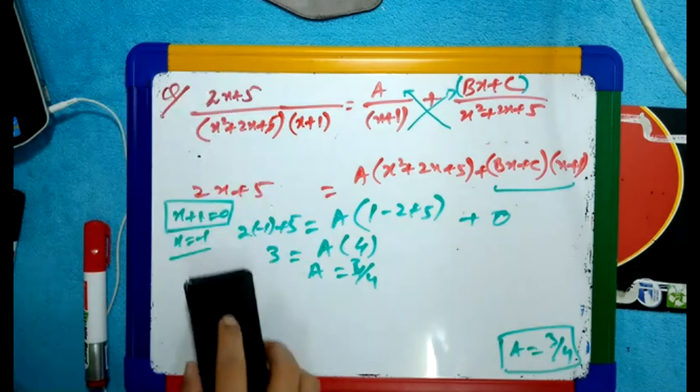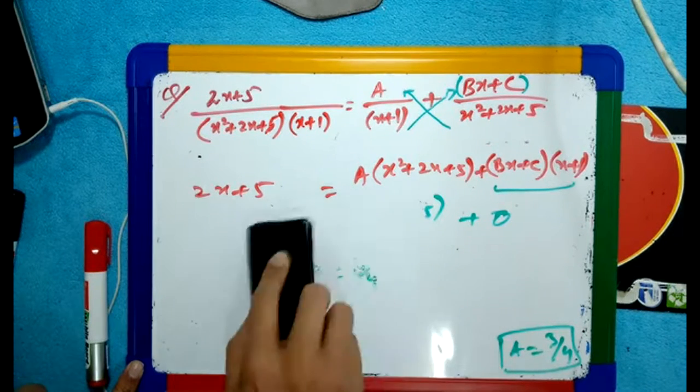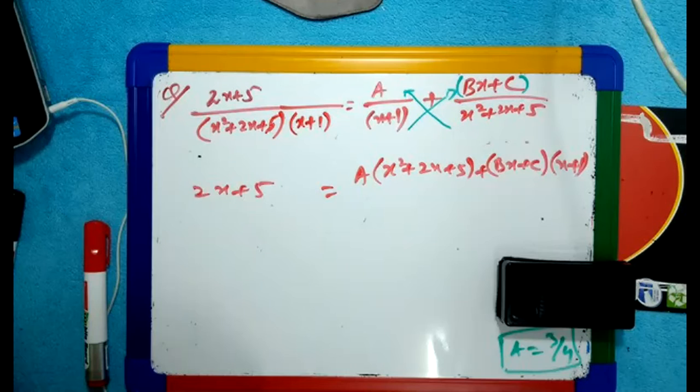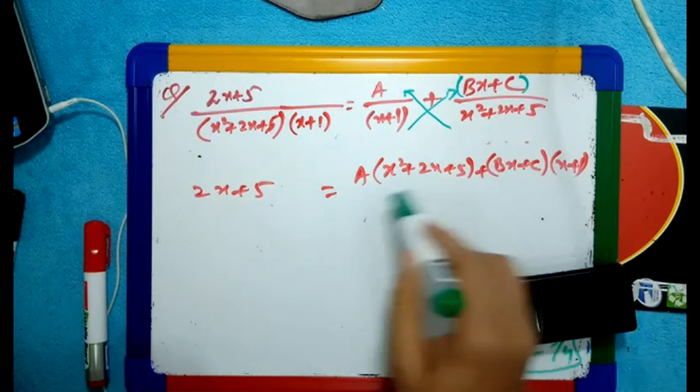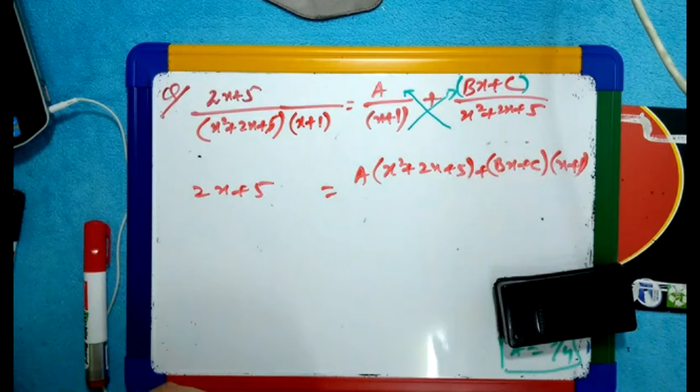Now we need to get rid of A. How do we do that? Now what do we need? We need B and C, right? For B and C, I don't have any idea, because if I put this whole thing equal to 0, it's not appearing over here, right? So what I will do,